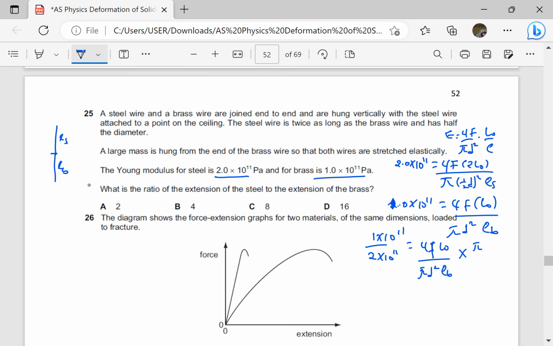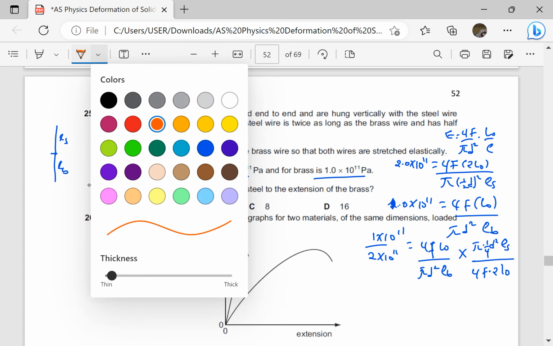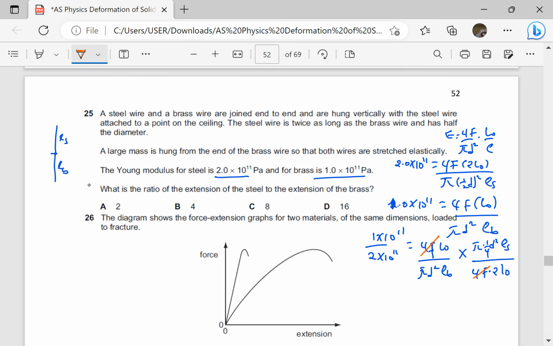So I have pi times 1 over 4 d squared extension of steel divided by 4F times 2 L naught. So I'll use a different color to cross out some things: 4F, L naught, pi d squared and 10 power 11. So I have that a half is equal to,